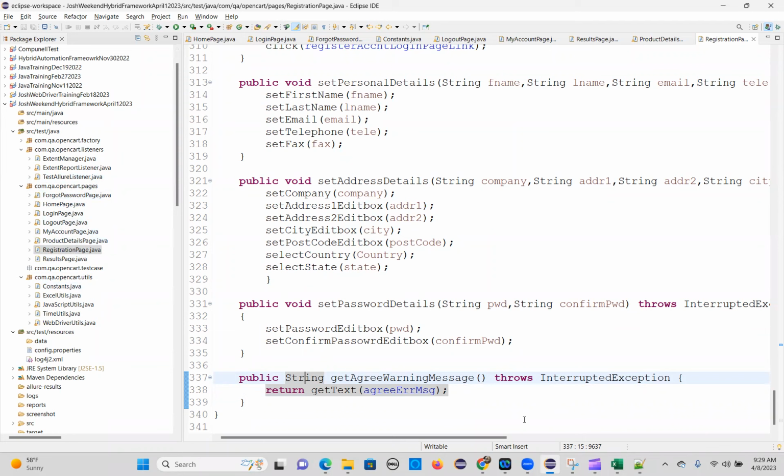Okay, cool. That's it. The pages development is done, and in the next class we can cover the